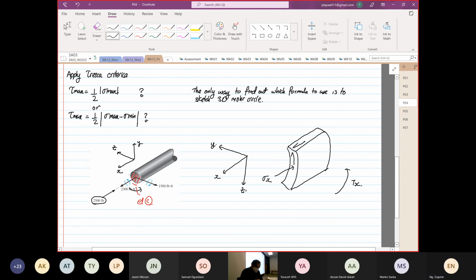So this will be this plane, and this shear will be the intersecting plane, so shear xz. So this is shear zx. So what we see is our stress z is equal to